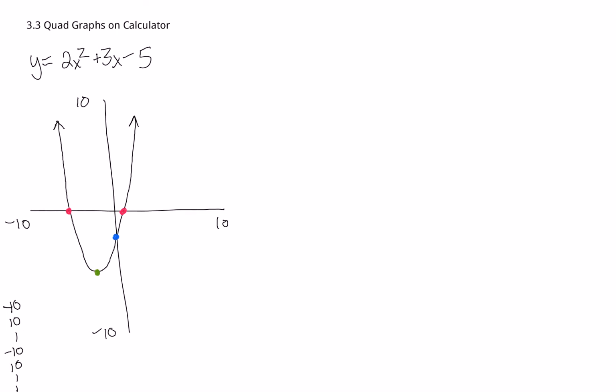When you're doing these questions, you've got a few different options on your calculator. The easiest way, but it's probably the least accurate, is to use the trace button. If on your calculator you hit trace, it gives you a little cursor, and you can move your cursor around to get as close as you can to each of those points. When I do that, I get about 1.06 for this x-intercept, and if I trace down, I'm getting around -5 for the y-intercept, and it looks like our vertex is probably somewhere about there,